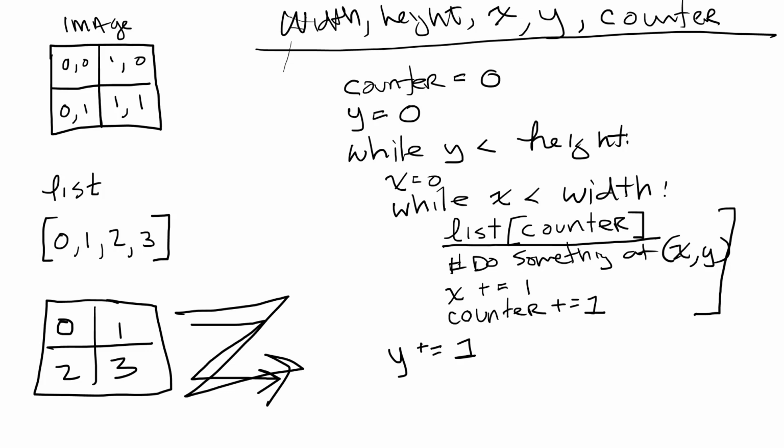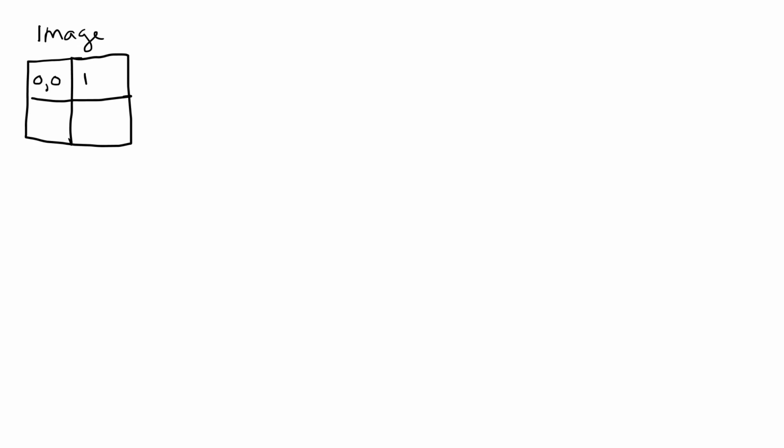We could take the same concept and if we had an image, a 2x2 image, 0 0 1 0, 0 1 1 1, and we had a list 0 1 2 3,